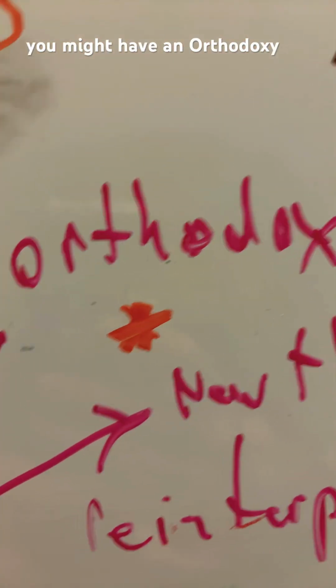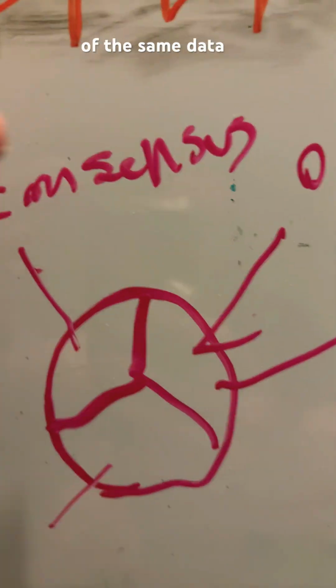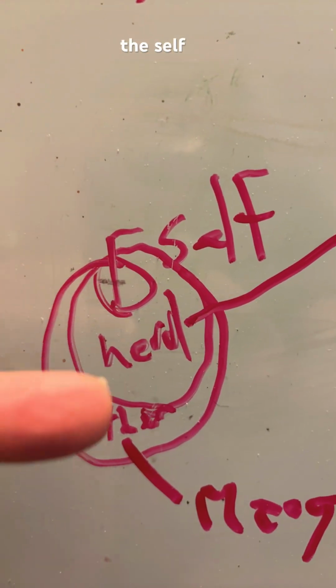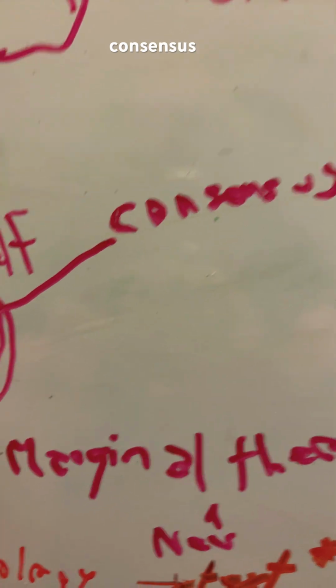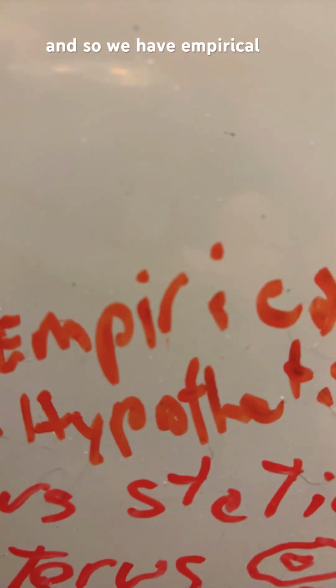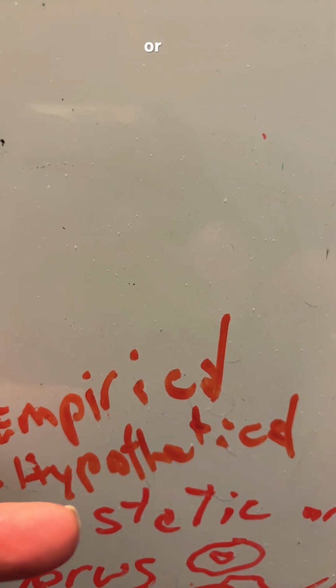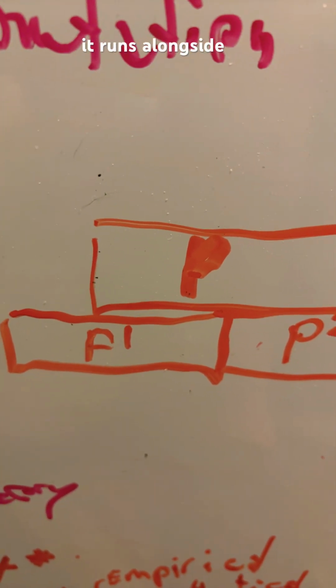In another triad, you might have an orthodoxy view and then a competing new theory, a new interpretation of the same data. Then you have the consensus, and then you'd have an alternative consensus. So here I'm saying you got the self, the herd, and the other. What does the herd do? The herd runs a consensus line of thinking, and then here's a marginal theory, a secondary non-consensus, or another consensus theory. And in physics, we have what the limits of knowledge are, and so we have empirical knowledge, testable knowledge, and then hypothetical or theoretical physics. So paraconsistent logic allows P, and it runs alongside logic P and